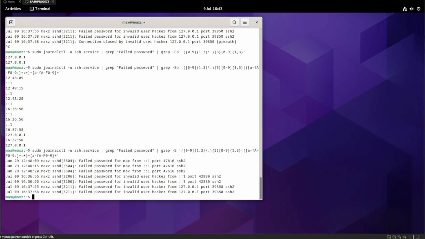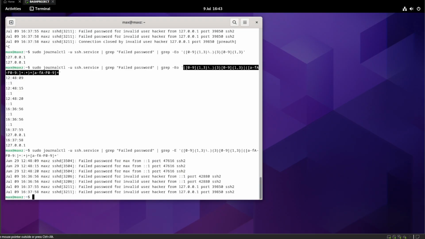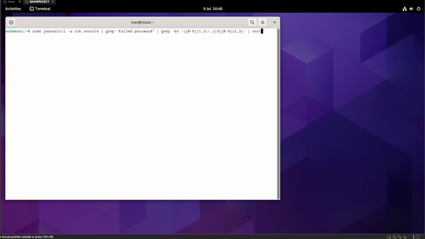So if you wanted to match just the lines with IPv4, you would use the IPv4 regex up here, but if you wanted to get IPv6 and IPv4, you'd run the IPv6 and IPv4 regex instead. A way that we can clean up the output of this command is by using additional commands like sort, and I'll make it a little bit bigger so it lines up better. Sort and